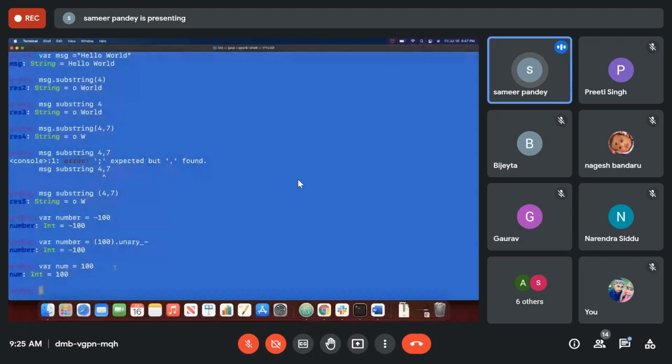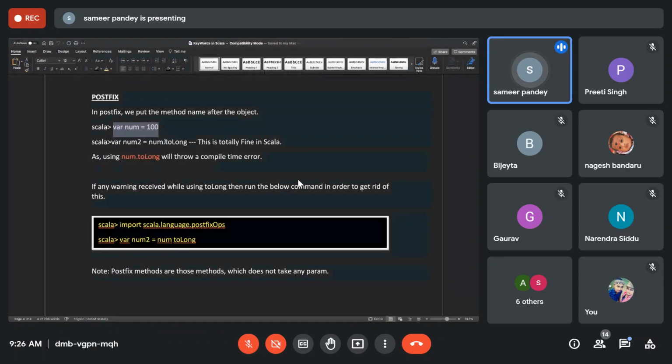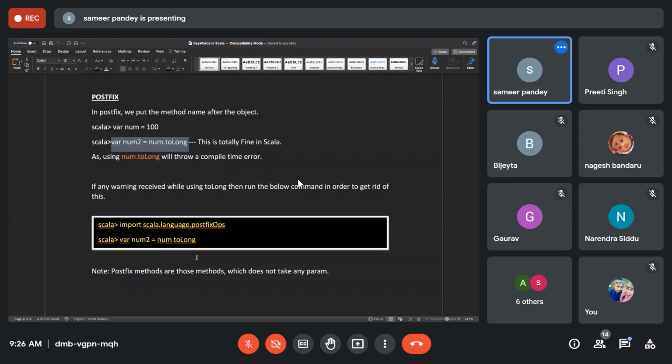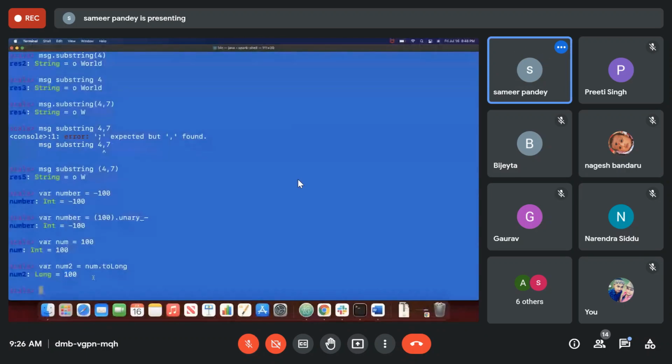Okay, and as I told you in the last session, whenever you define any integer literal, by default it's an integer, right? So if I want to apply any postfix operator to it, like a postfix function, then we can use toLong, right? So if we use toLong, it is like the number just after this number operator, and it gave you the result, and you can see the data type is long. Okay,